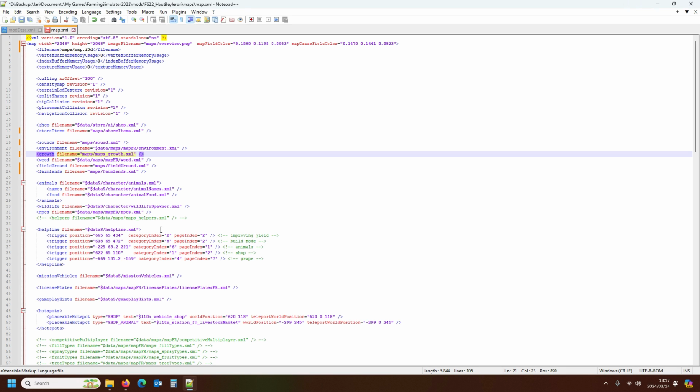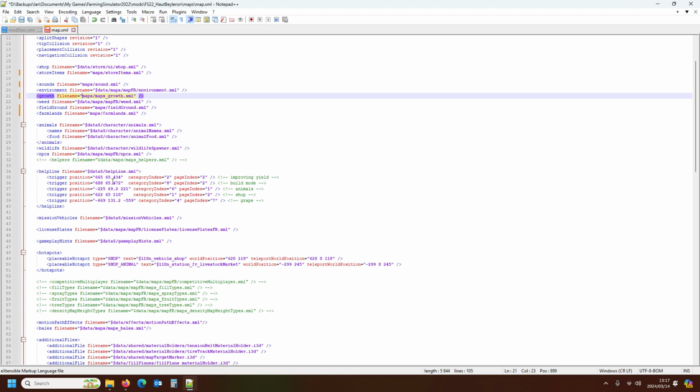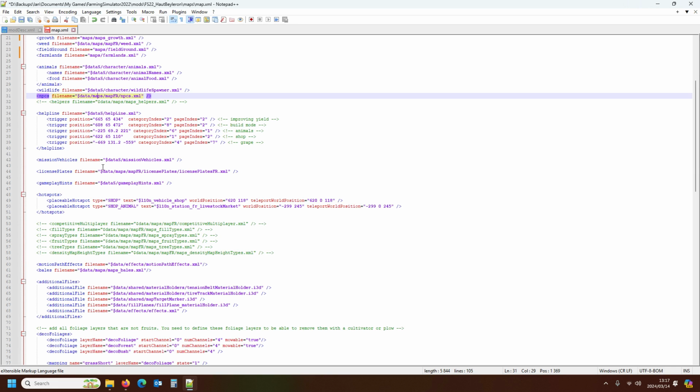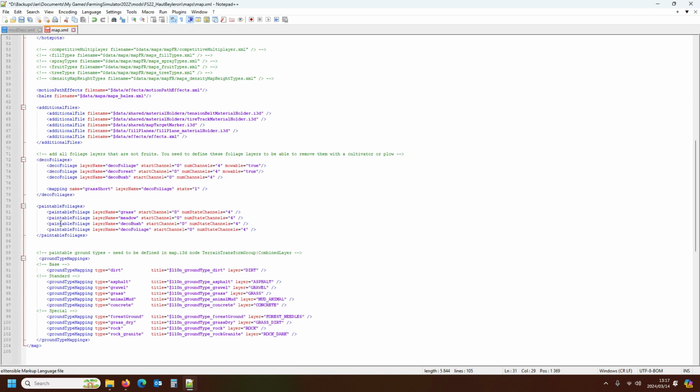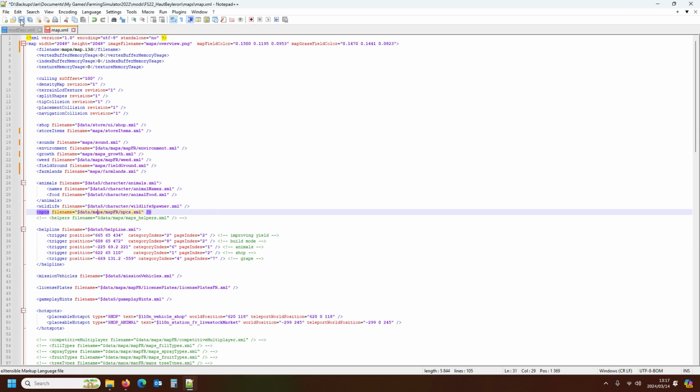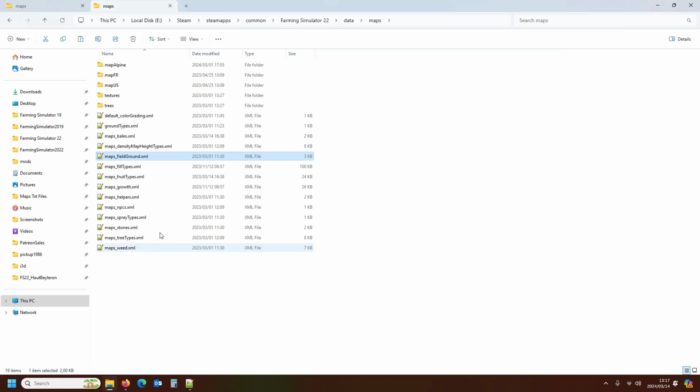Map for NPCs. If you want to modify your NPCs, the in-game farmers that own the actual properties in-game, you can bring in the NPCs XML over to your map as well. You know, so that's also something to consider. As for the rest, that's all stuff that's fine. All right, I think that's the whole lot. So let's save that, and now we can quickly do the rest of the